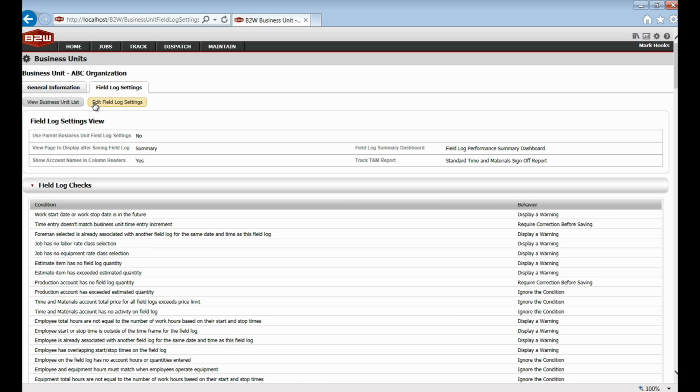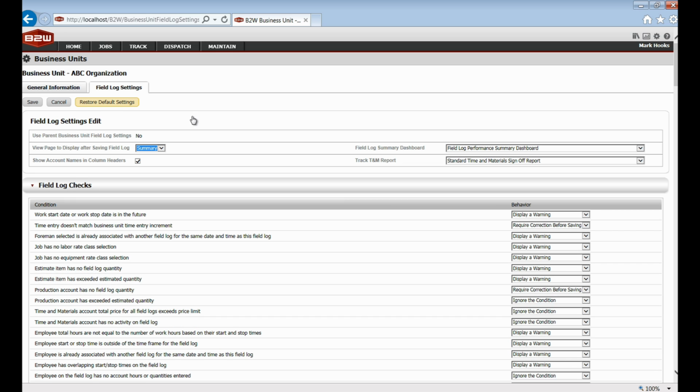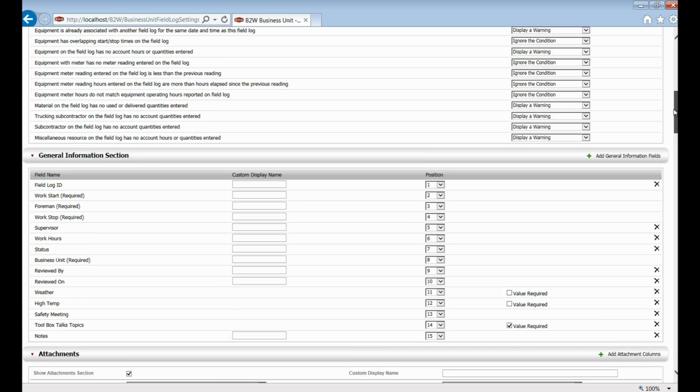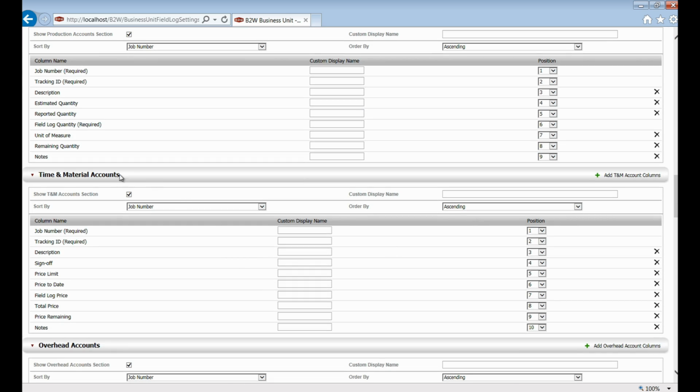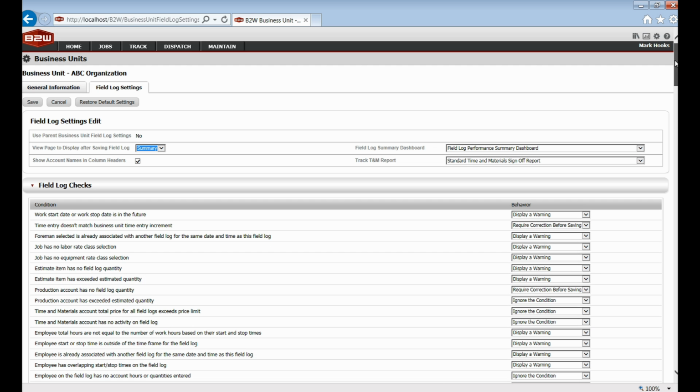Underneath, I'm going to go ahead and put this in edit mode. When I scroll down, I'll now see the new section for time and materials. Here you have to check the checkbox to allow time and materials to show up on your field log. There's also some security settings as well. So we'll go up to